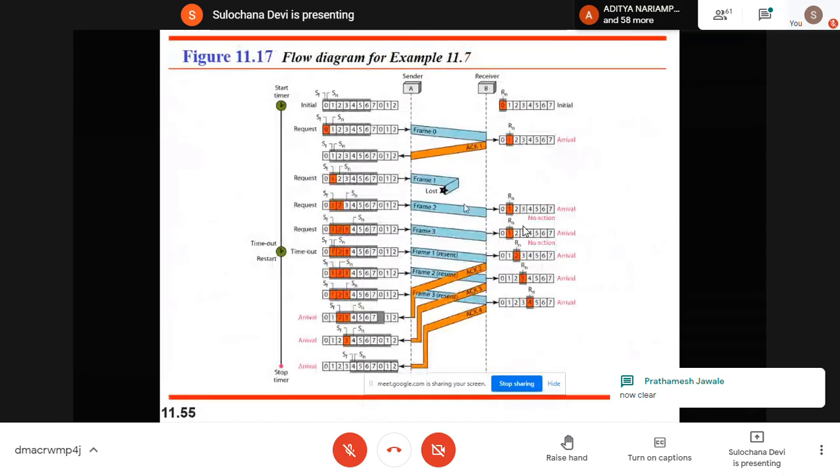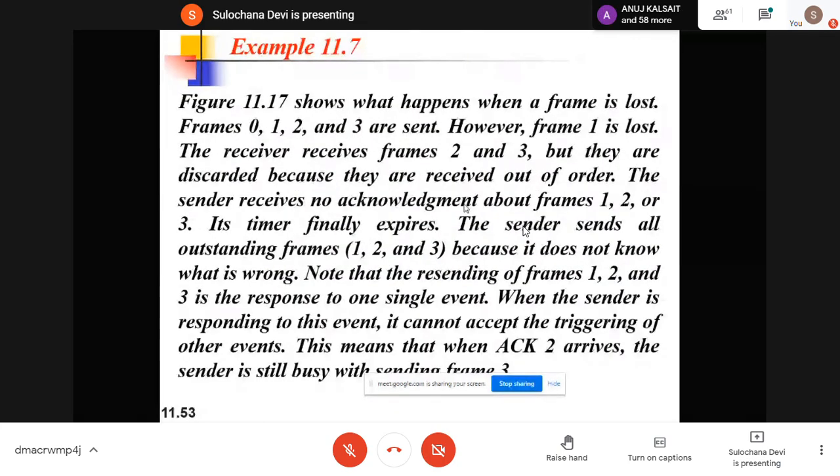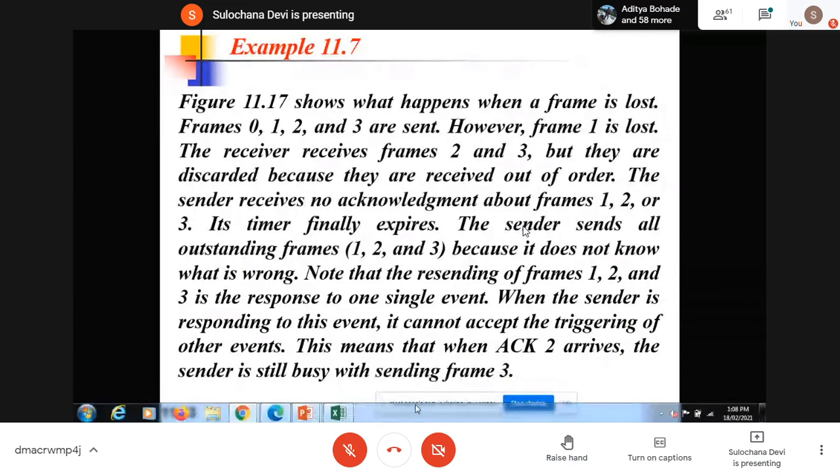Now you see this scenario. You want to read these statements or directly the diagram? First you read this, then the next. This is a scenario given, and then you see the diagram and try to understand.